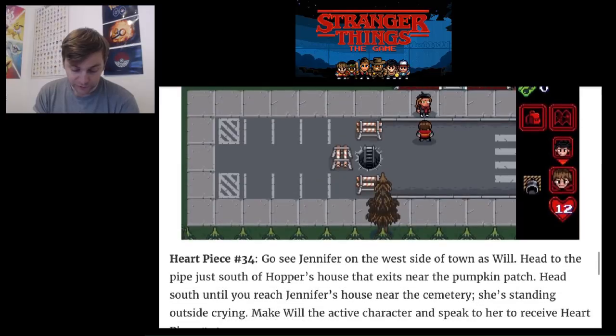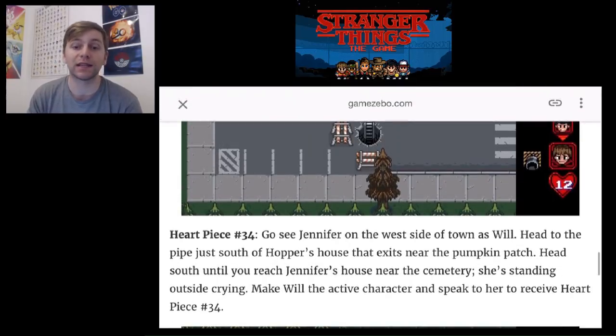Heart piece number 34, you need to go see Jennifer on the west side of town as Will. You need to head towards the pipe just south of Hopper's house that exits near the pumpkin patch, and head south until you reach